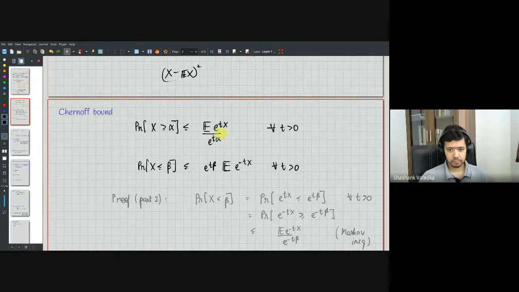To find a good enough bound, note that this holds for every t greater than 0. Therefore, the probability that x is greater than or equal to alpha is less than or equal to the minimum over all t greater than 0 of the expectation of e to the tx divided by e to the t alpha. Now, computing this bound is generally hard, but at least for